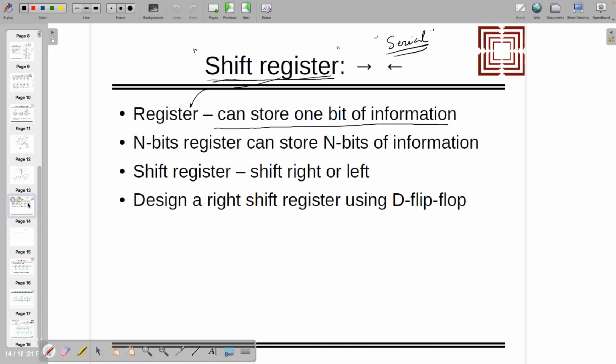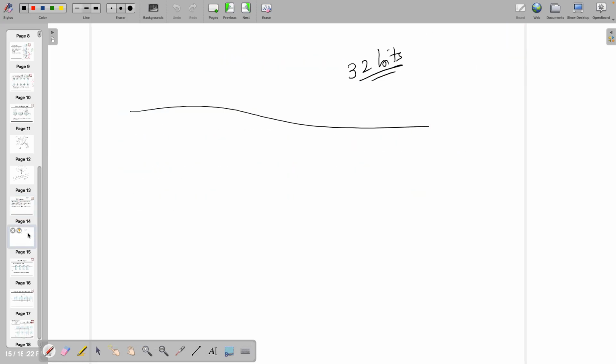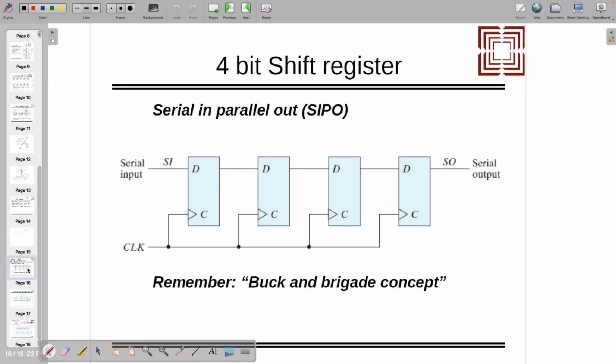So this is a serial shift register where only one line is there, where it's shifting left to right and right to left. You have to wait for n bits. If it is a 4 bit shift register, it means you have to wait for 4 clock cycles. After 4 clock cycles only, you can have the shifting to the right side or maybe the left side. Till that time, you cannot have the complete result. Right?